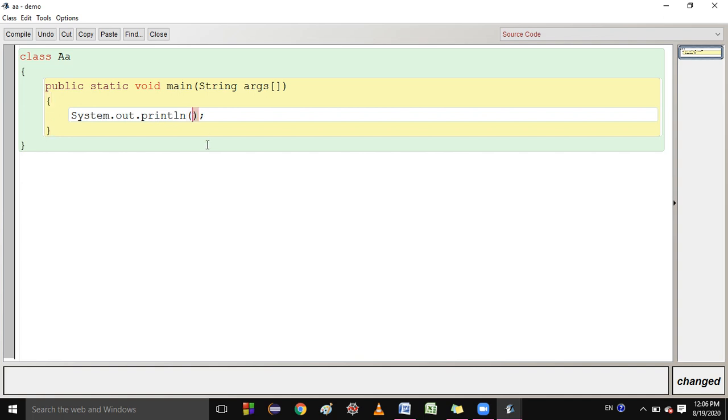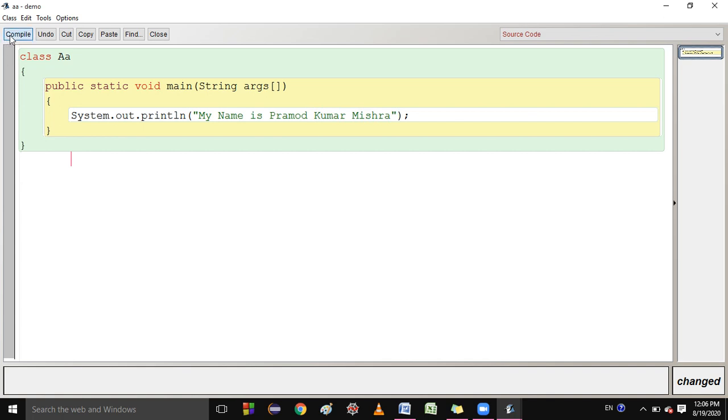So this is a method name. In System.out.println, if you want to print a string, then that string will be in double quotes. Suppose I am writing here, my name is Pramod Kumar Misra.